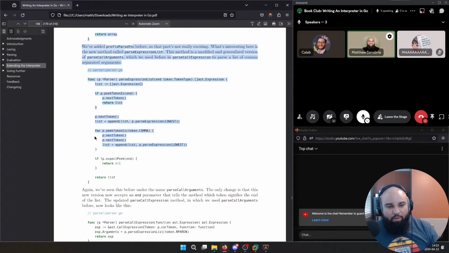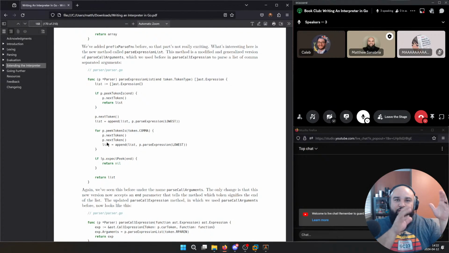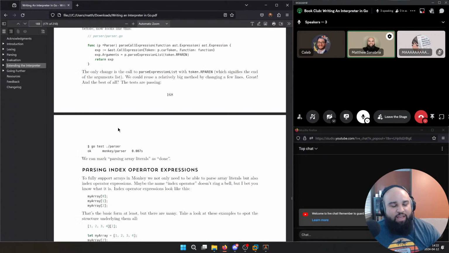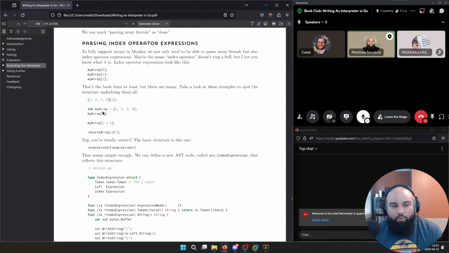So there was nothing complicated here that we haven't already seen before. We've actually seen more complex parsing logic when we did nested functions. This is just walking a list, and every comma, it's going to parse an expression. So it's left bracket, get to the comma, parse expression, get to the comma, parse expression, get to the comma, parse expression, get to the right bracket. Okay, we're done. That's all this is doing. Cool. But that I didn't find too interesting. That was fine. What I did find interesting was how the author thought about indexing an array.